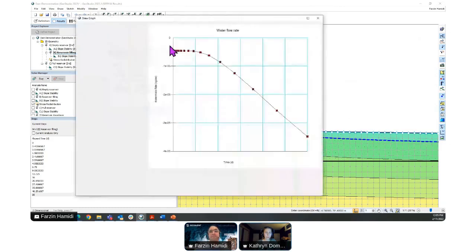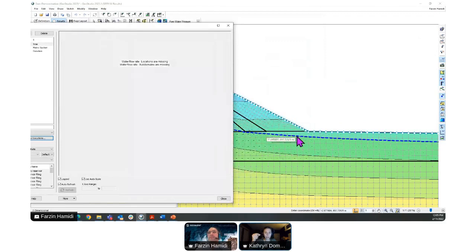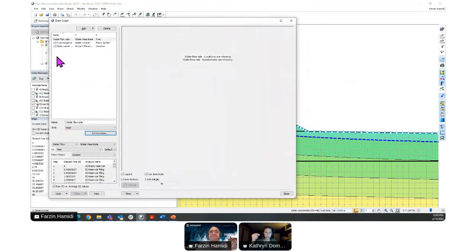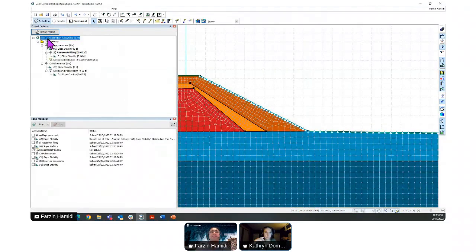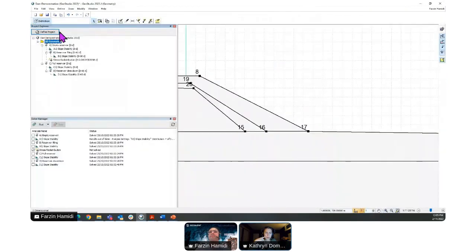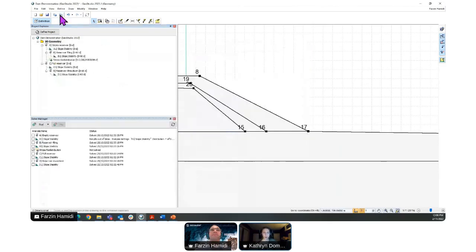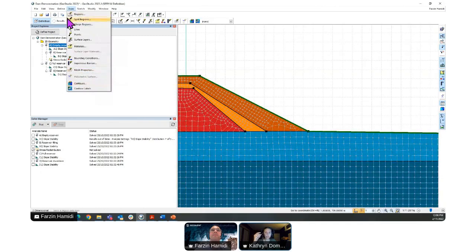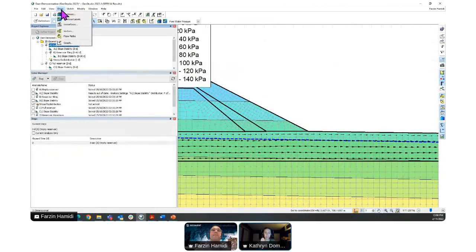Yeah, so just one other thing to note, when those flow values are being shown in a graph, they depend on the depth in the out of screen direction, the width of the model that you set in your 2D cross section. So Farzan, if you could go to the define project window in definition, and the 2D geometry, then it's helpful to see the actual depth that you're modeling. Here it's typically by default 1 unit width in the out of screen dimension. So it's either 1 foot or 1 meter, depending on which units you're using to model. So when you graph those results, that gives you the flow, for example, meters cubed per second per meter per unit in the out of screen direction.